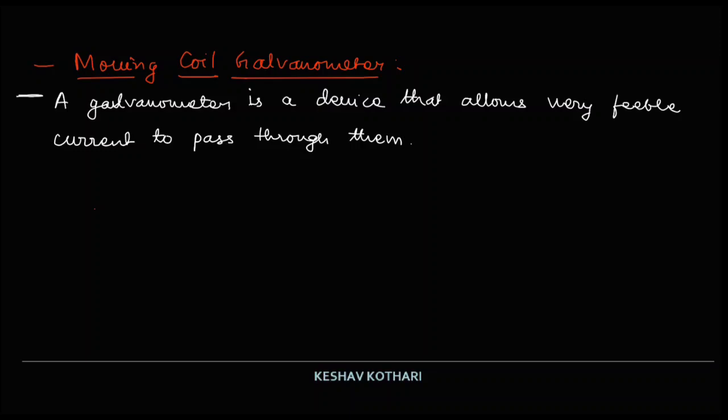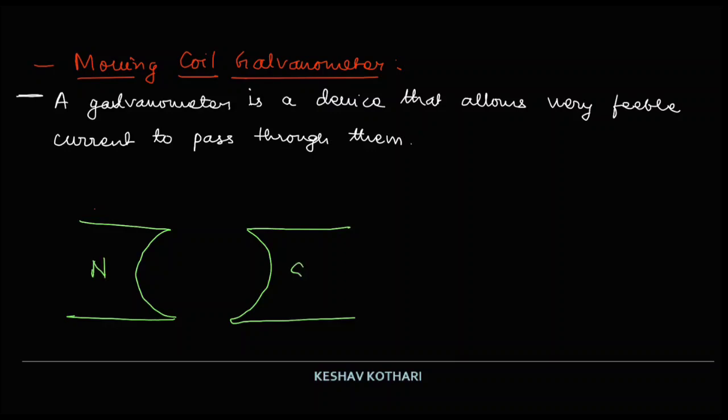In this top view there is a north pole and a south pole responsible for the uniform radial magnetic field generated inside the galvanometer, with a central soft iron core having a large number of turns of wire, and over here there is a pivot point